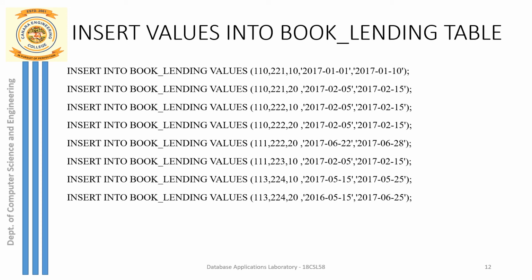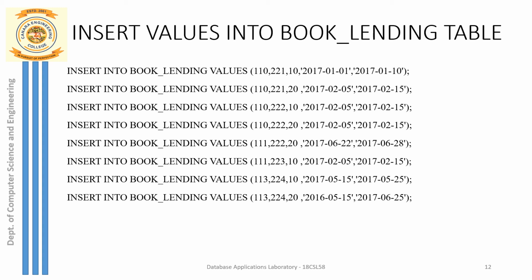We have the next table, the book lending table, and we have inserted the different values here. The first one is the book ID, and then we have the issue date, the due date.